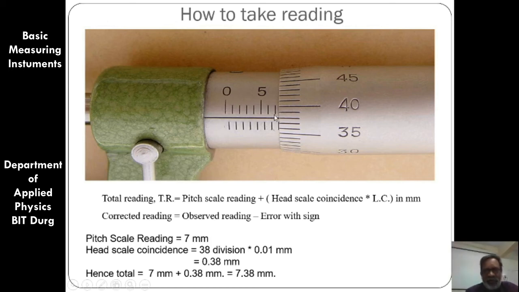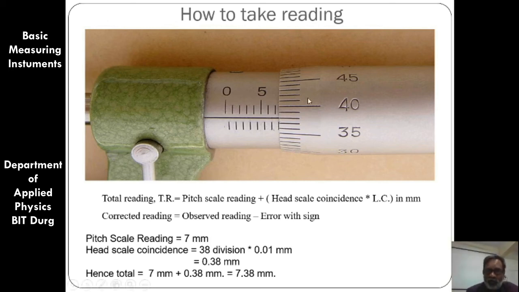So here is the main scale. Here, as I told you, this is the 40th mark. After 45th, you are going to get 0 again. So total 50 divisions are there. When we want to find the reading, we know the least count just now. Now I want to read this. What I have to see is which mark on the main scale has been cleared by the thimble or the circular scale. You can see here 5 is clear, 6 is clear, 7 is clear. 7.5 is not clear. So the main scale reading will be 7 mm.